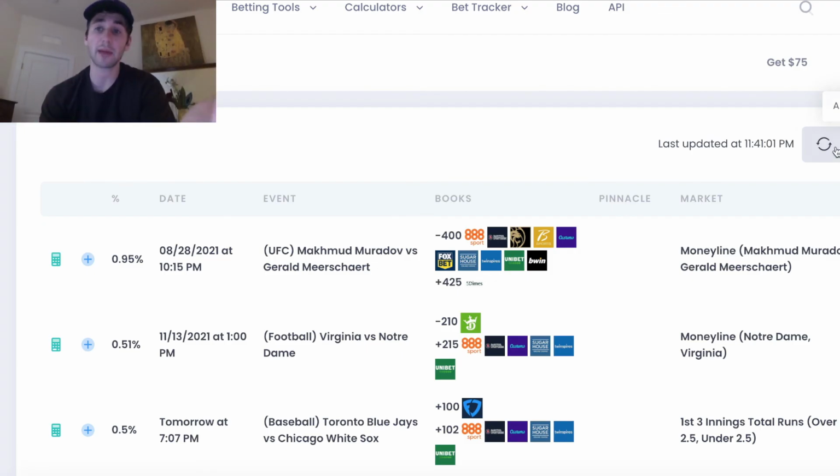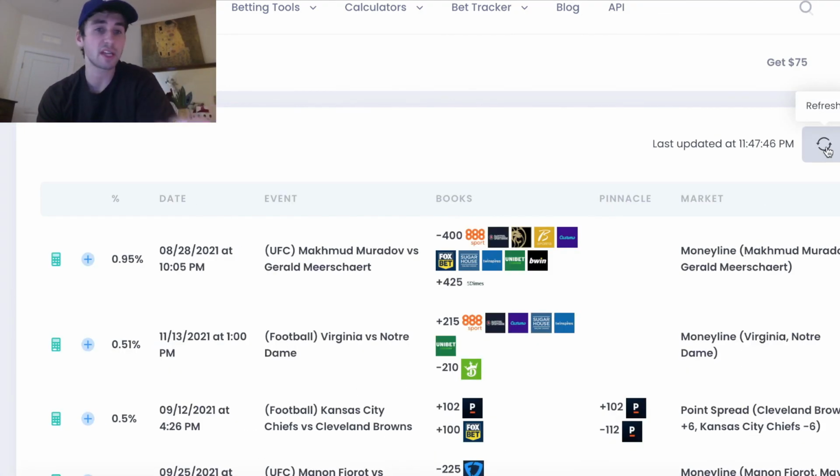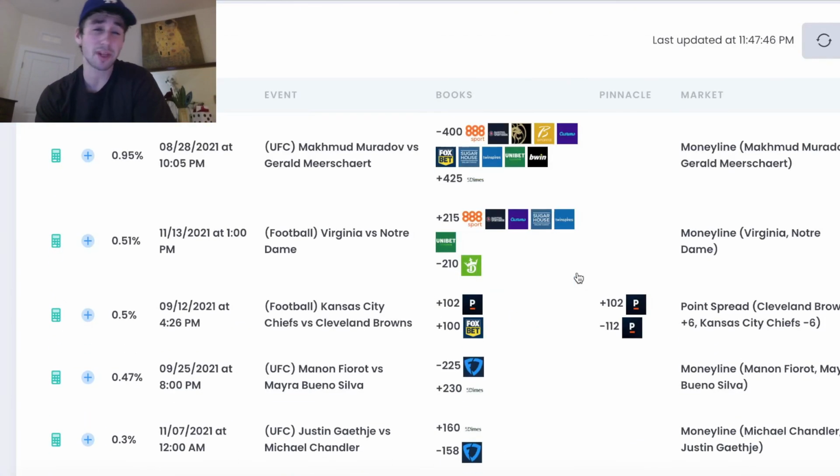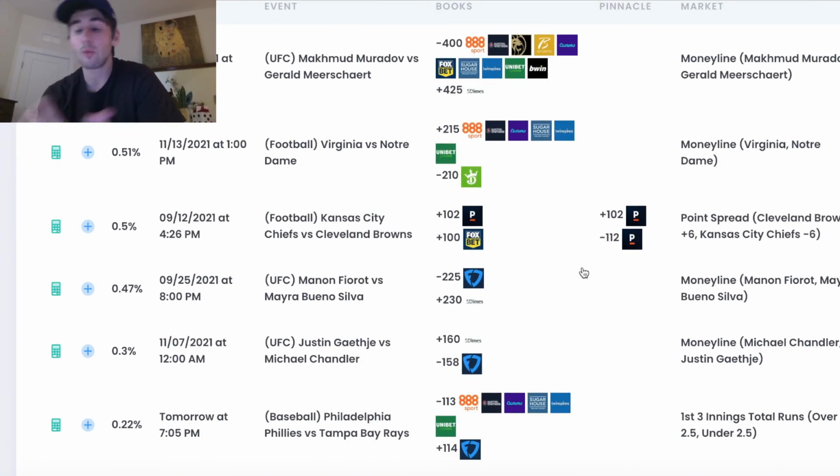There was a great arb at the start. Now we can hit refresh a few more times. It looks like it's pretty dry. But again, what you want to do is check OddsJam at various points in the day to see what arbitrage opportunities exist, and do that consistently. And what you'll notice is sometimes there are fantastic arbs, 5%, 6%, 8%. Sometimes they're much lower. But if you're checking consistently, it should be nearly impossible for you to not make like $150 in your first week.